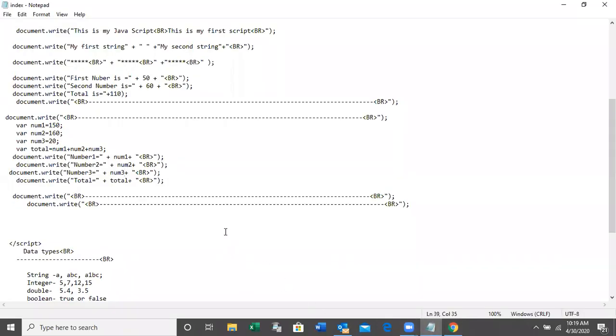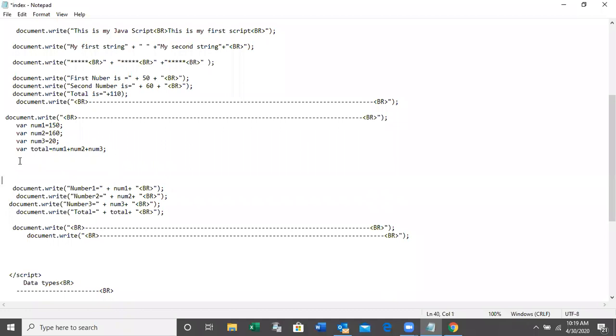Then, if you want to find out the average of these three numbers, how can we find it out? The average is also going to vary based on these numbers, right? So var avg, average. You can give any name to a variable, but it must be a meaningful name. Okay, right.